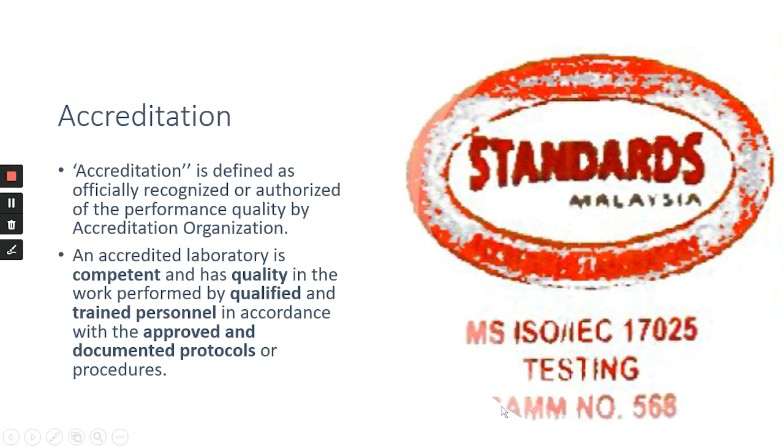What is the meaning of SAMM? Skim Akreditasi Makmal Malaysia. So this lab has been granted ISO 17025, so the data, the interpretation, the report by this lab is recognized